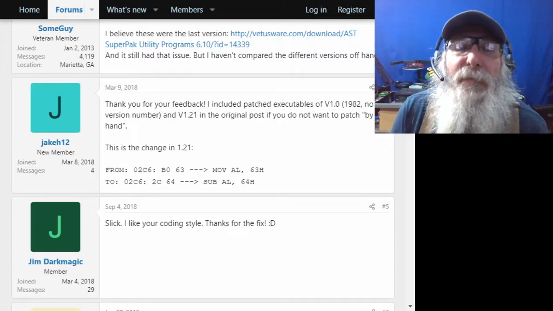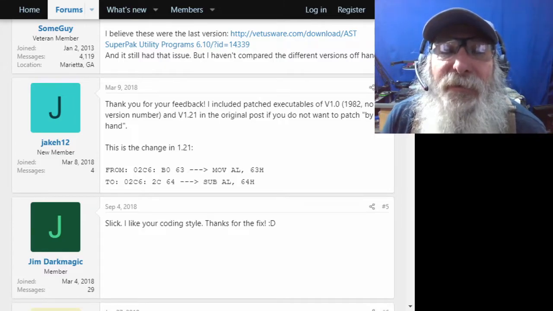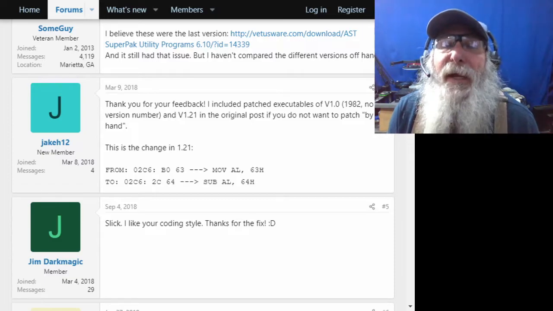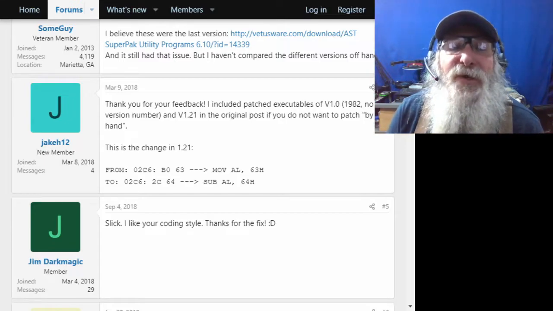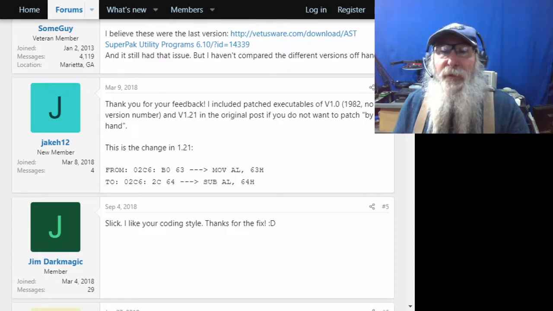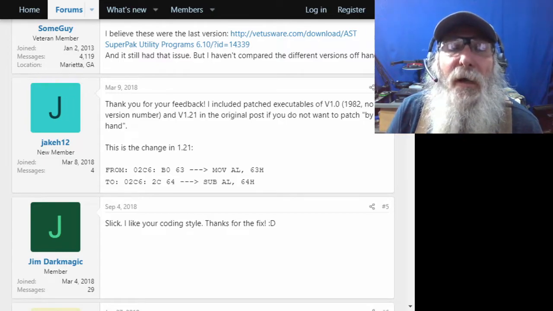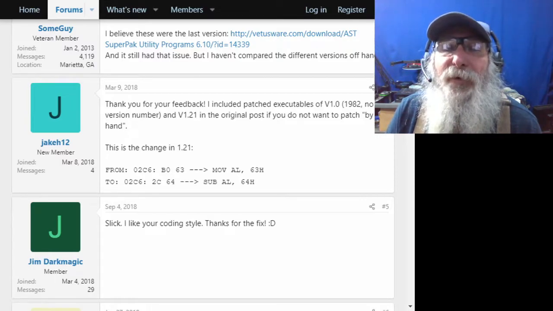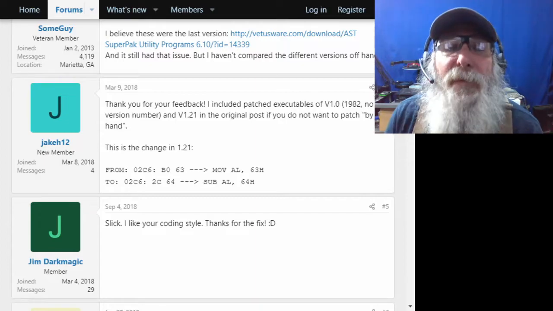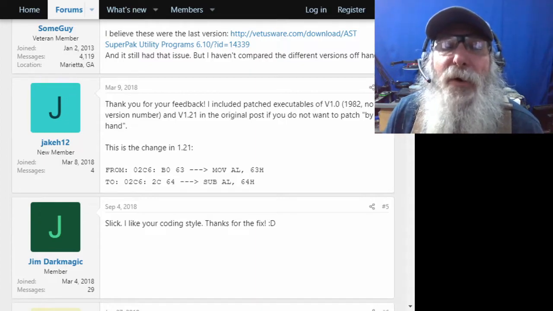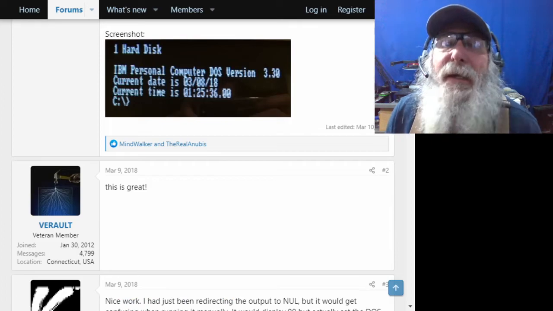There's the bytes of the B063, which means move AL the value of 63, and of course debug always works in hexadecimal. And you need to change it, at those particular 2 bytes at that location, to a subtract AL, or subtracting the value of 64 hex from the AL register. So you're effectively doing the same thing that they had encoded